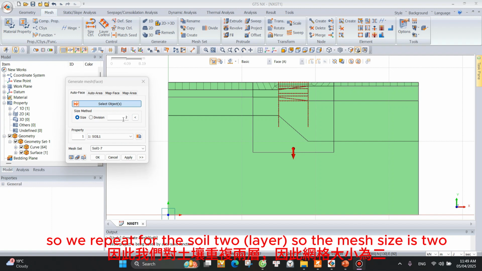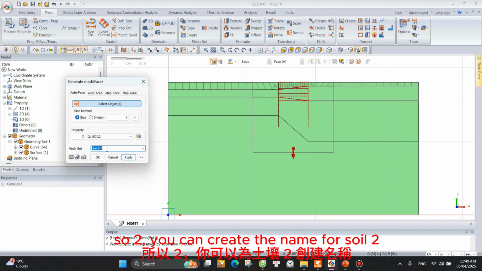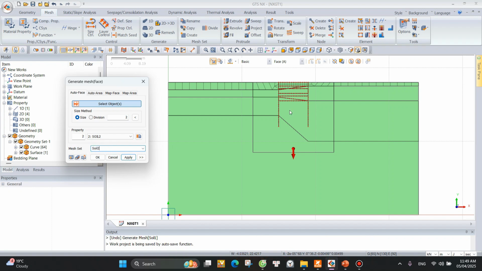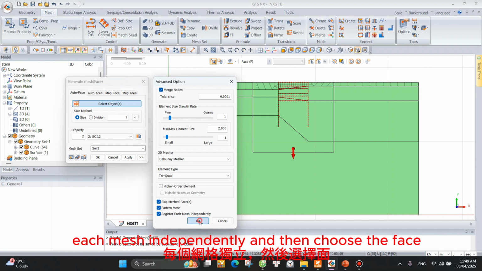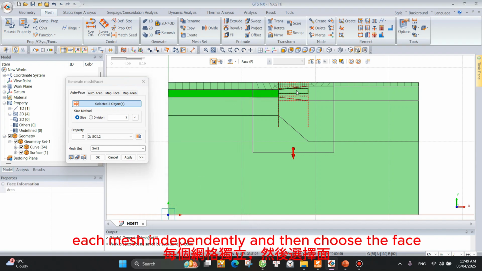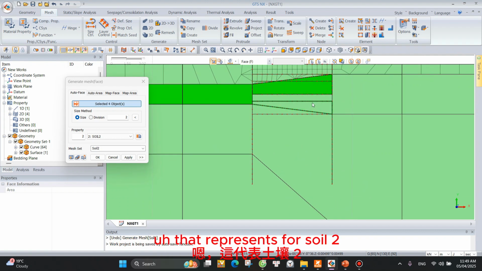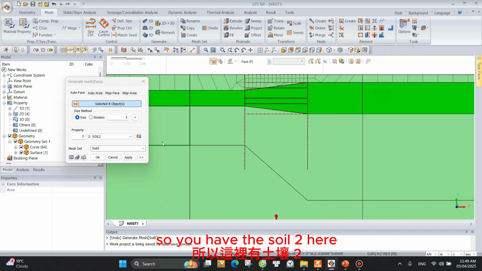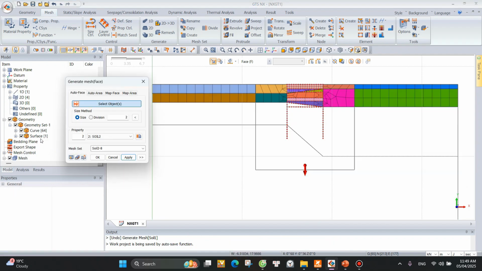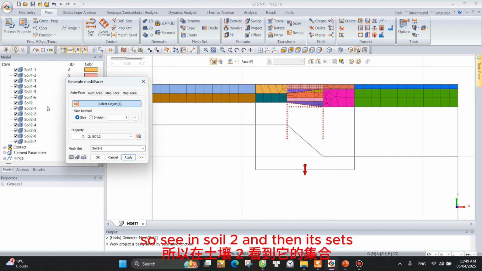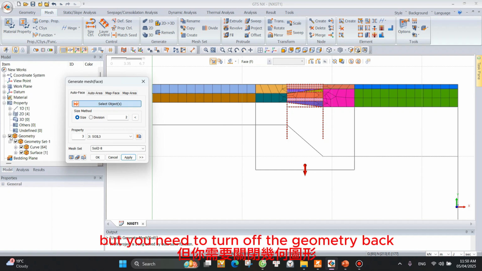So we repeat for the soil 2. So the mesh size 2, soil 2, you create the name for soil 2, and then select the register each mesh independently, and then choose the face that represents soil 2. So you have the soil 2 here, and then you click apply. So see in soil 2 and meshes, and then do for soil 3, but you need to turn off the geometry back,